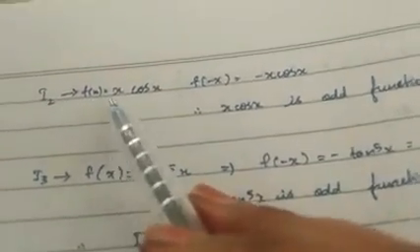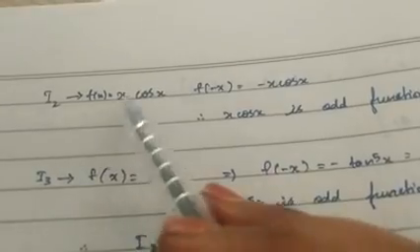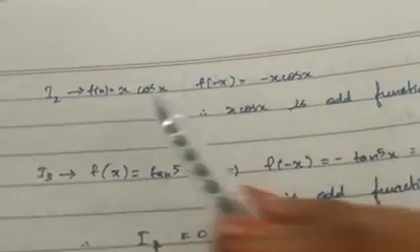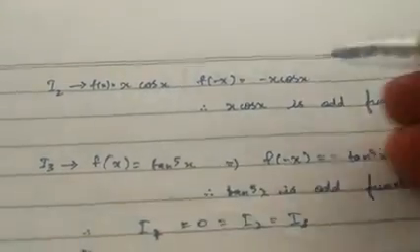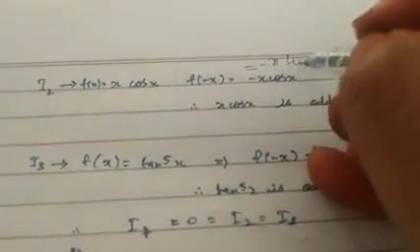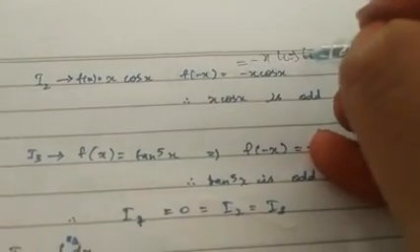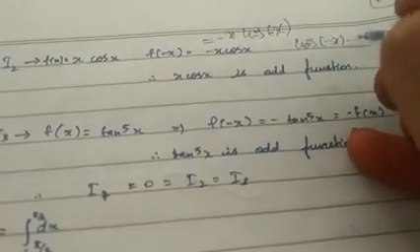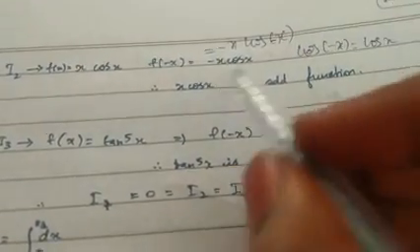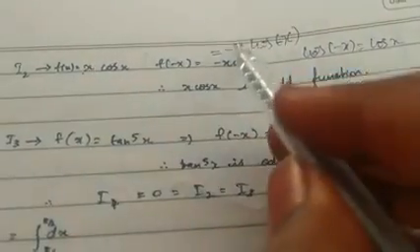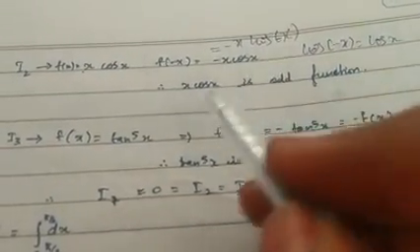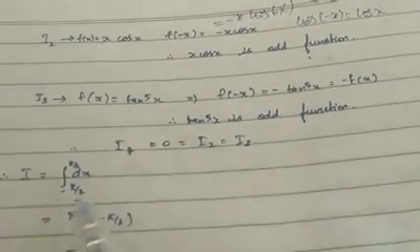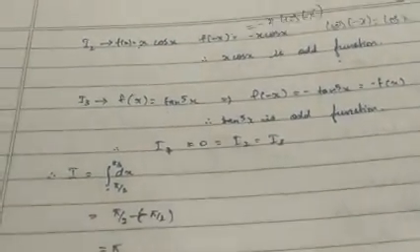For the second integral, let us assume f of x is equal to x cos x. In the place of x, substitute minus x. Therefore you will get minus x cos of minus x. Cos of minus x is nothing but cos x. Therefore you will be getting minus x cos x. Therefore it is an odd function. Tan power 5, as I told, is an odd function. Therefore this last one alone you need to integrate and write.